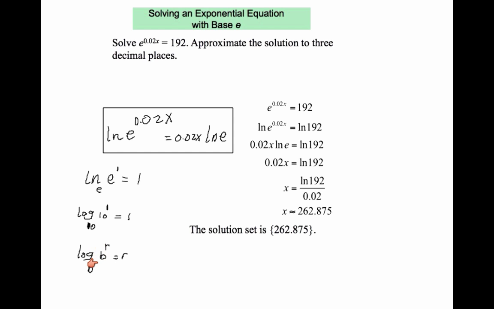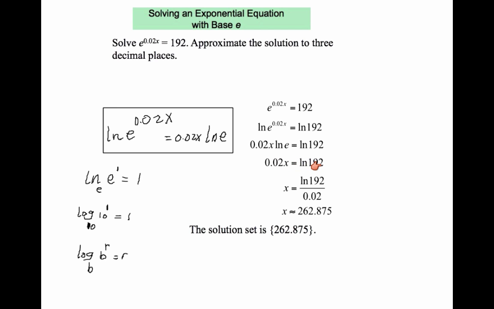Log of b to the power of r is equal to r if the bases are the same. Log of 10, remember, was equal to 1 because the exponent is 1, matching the base. So in this case, natural log of e would be equal to simply 1. So on the left-hand side, you get